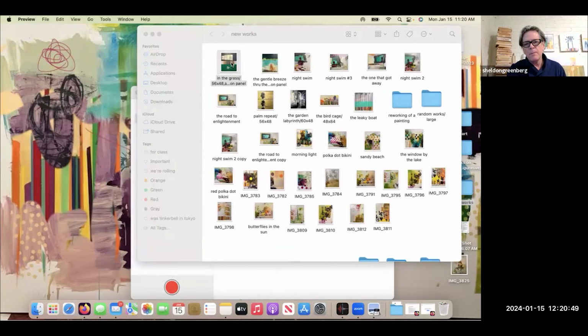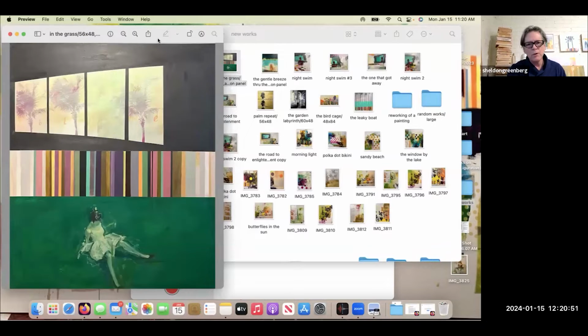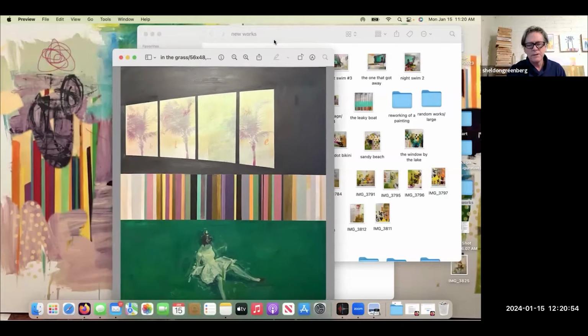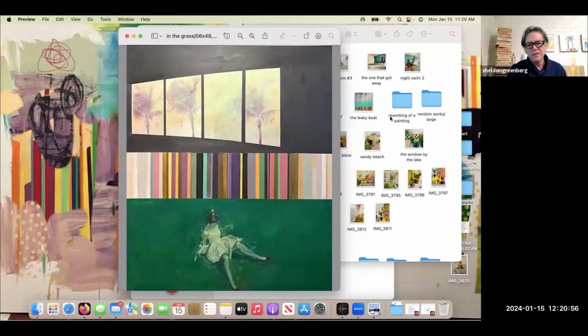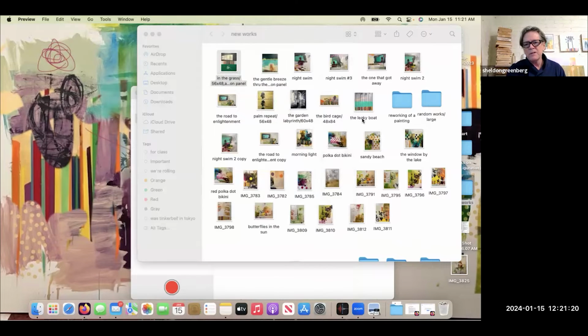This is one of the earlier works. This is 6 by 7 feet. And again, I'm using what I'm calling the mute chart as the stripes, and then really creating a little bit more of a sense of typical three-dimensional space. You know, the figure is in the foreground, the stripes are in the middle ground, and in the background you're looking through a window at palm trees. And so that's a pretty specific one.